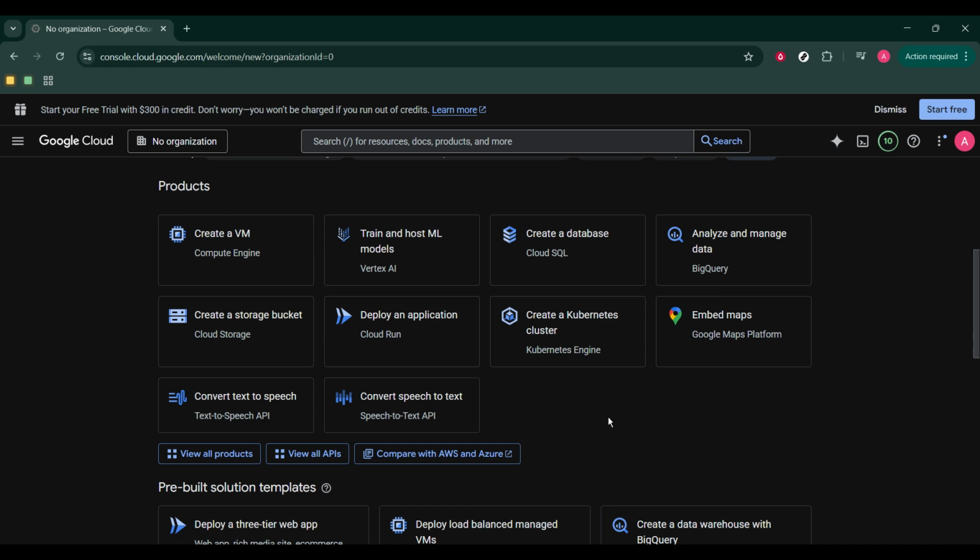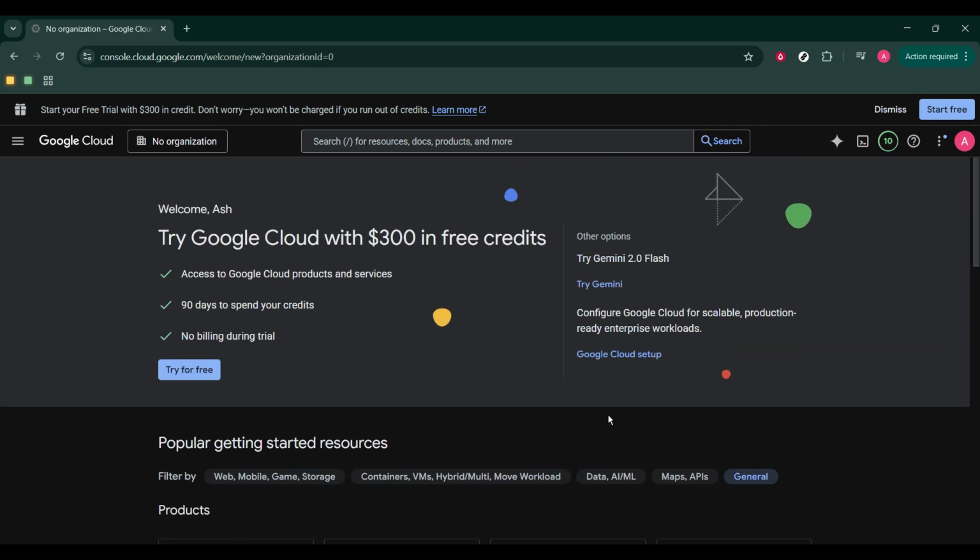If at any point Google forces a billing setup screen and won't let you proceed, that means the specific feature you're trying to use requires an active billing account. In that case, you would need to decide whether to continue with a payment method or stick to the areas that remain accessible. So to quickly recap, go directly to console.cloud.google.com, sign in with your Google account, create a new